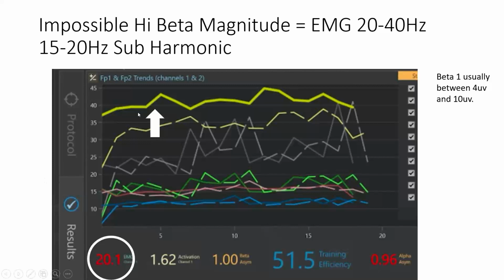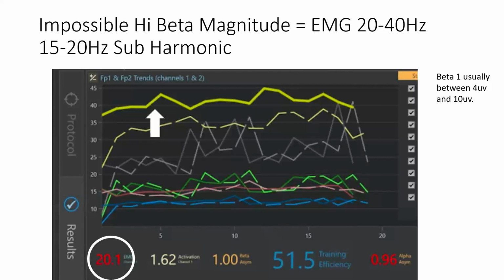Now what's interesting here is notice that the red line is down here. Now in the BrainMaster software that I used, and I use that the most, but I also use Thought Tech, you generally see the beta and the high beta move together, not always, but that's because different software developers use different frequency ranges to capture beta, high beta, and EMG. Some of them don't even put EMG in. So sometimes these generally move together, but sometimes they don't, and that's an indicator that it is coming from a specific muscle group.